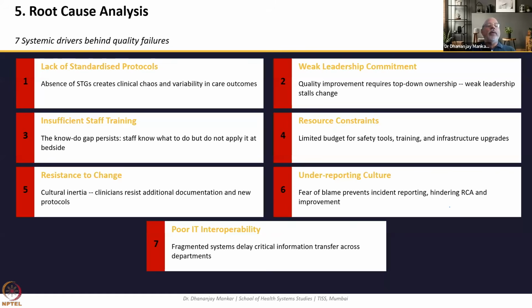And poor IT interoperability. Many times it is seen why IT is needed for transferring information, which can reduce the loss of critical information and the delays happening in clinical care. IT gives more reasons to improve your information in time, and you can see that clinical decision making is improved because of IT involvement. And if IT interoperability is poor, it gives a reason that you may identify one very important way that you can handle it properly.